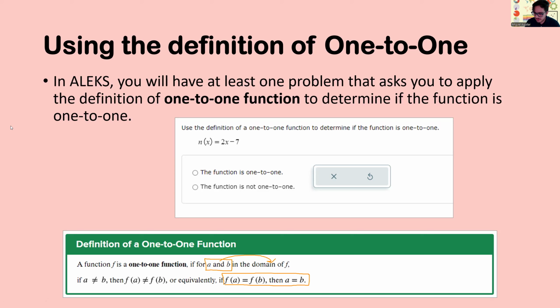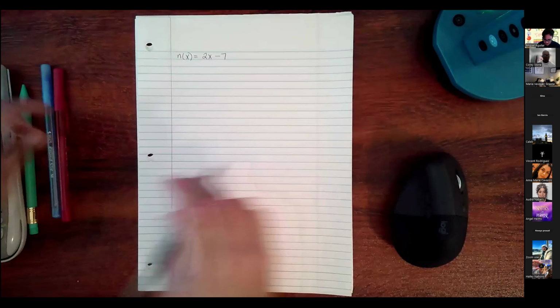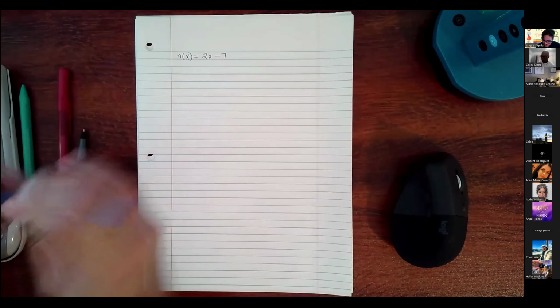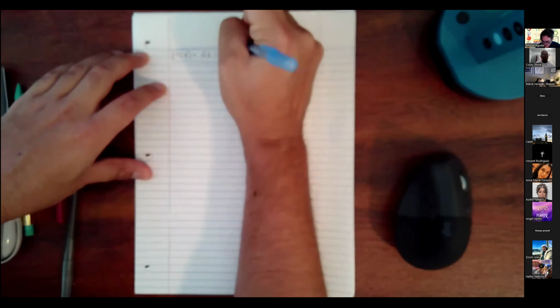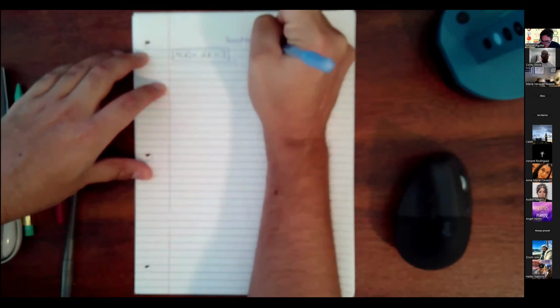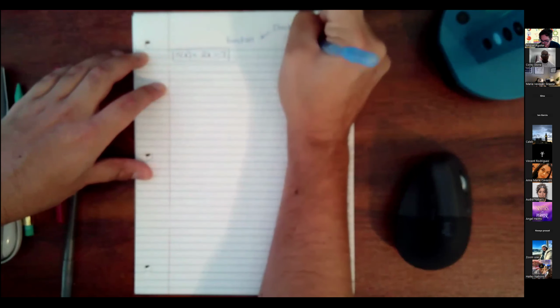So you're going to be given an equation, something like n of x is equal to 2x minus 7. And the way you're going to want to check to see whether or not this is one-to-one is by writing some stuff down on paper. So we're switching over to the document camera. Okay. So this guy is our function. And what we want to do is check to see if it is